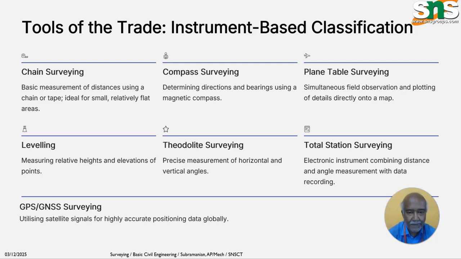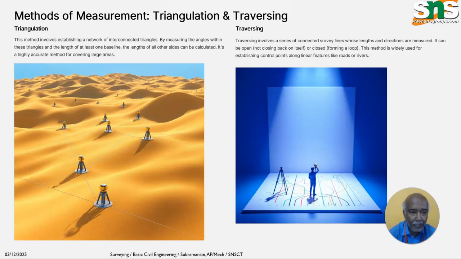In compass surveying, we determine the bearings, or the steep angle of the land, and if there are any undergrounds or bumps, what is the angle of them. And plane table surveying is field observation and plotting of the details directly onto the map itself. And we must go for surveying and leveling also. This is a typical land where we place locating instruments to see whether the land can be leveled or not.